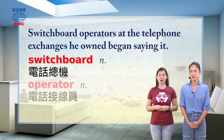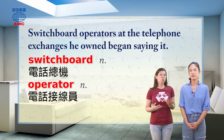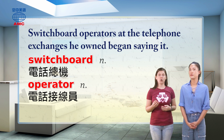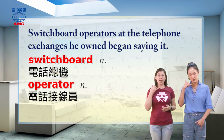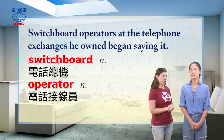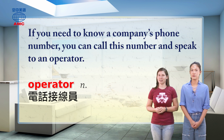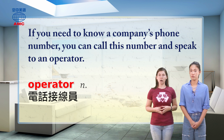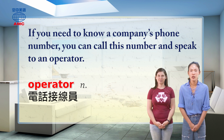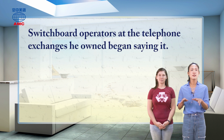Well, this noun operator in general is a person who operates something, such as a machine, where they make the machine run or work properly. Now here in the article though, an operator is specifically someone who operates a telephone switchboard. Now that means they answer a phone and help people connect to the correct person they want to call. Now this is not a very common thing today. We don't have people doing this job, we have computers doing this job. Here's an example sentence. If you need to know a company's phone number, you can call this number and speak to an operator. Operator 就是电话接线员，所以我们说 switchboard operators 就是总机电话接线员。